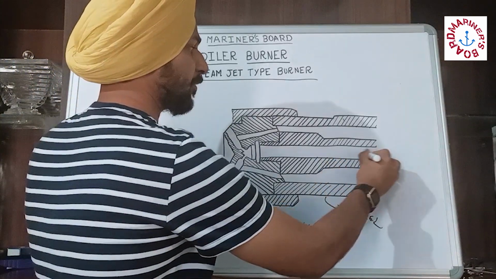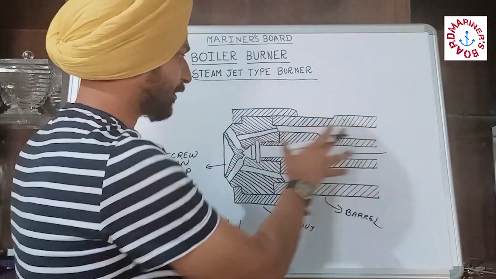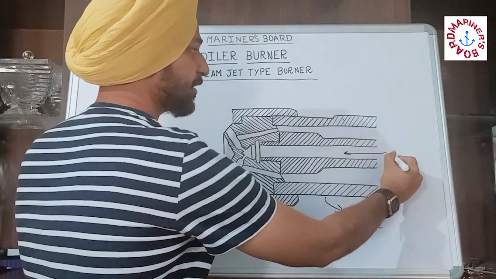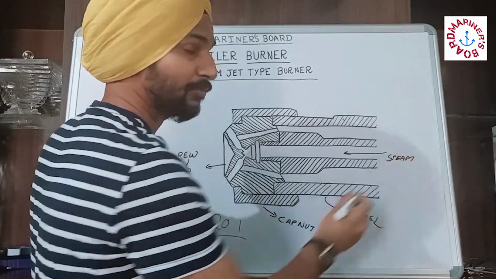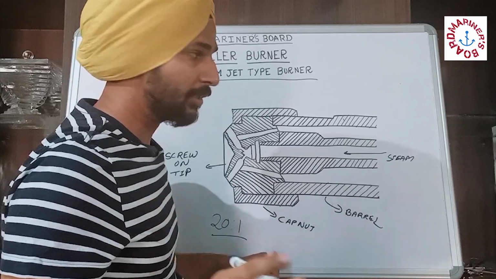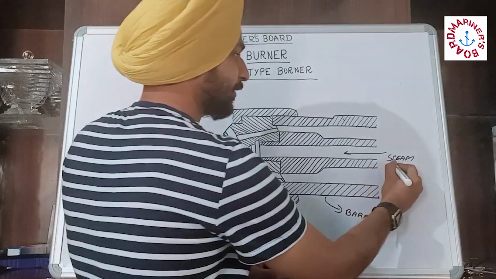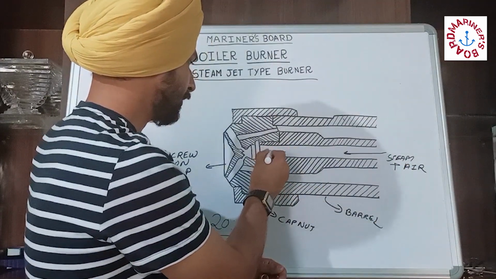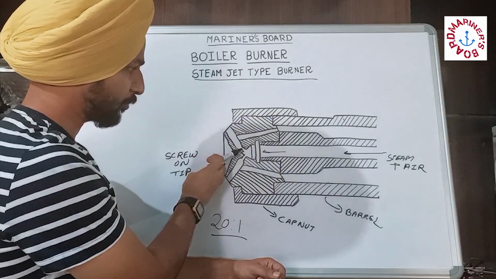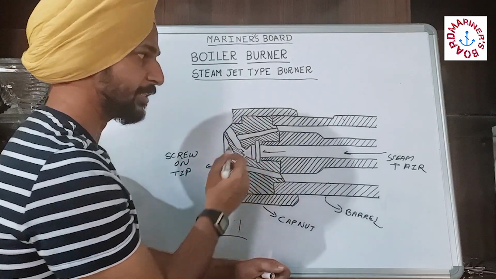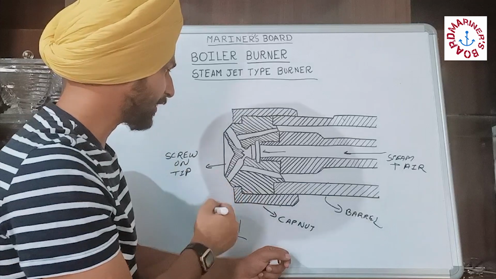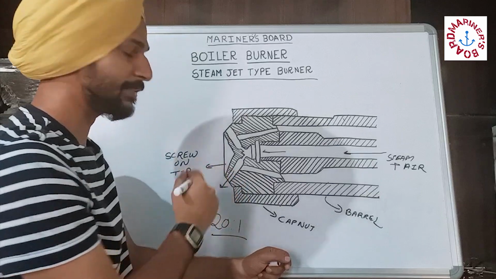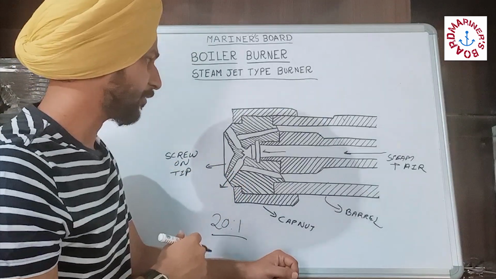The steam is coming from the center. I have not drawn the whole burner. The main part is here only. These are just inlets. Steam is coming from here. At the time when we are cold starting the boiler, the steam is not there, so at that time we use air. So it has the connection from air. As the steam comes here, we have these convergent divergent nozzles. The pressure energy of the steam gets converted into kinetic energy. So the steam comes out from here as the kinetic energy of the steam has increased.